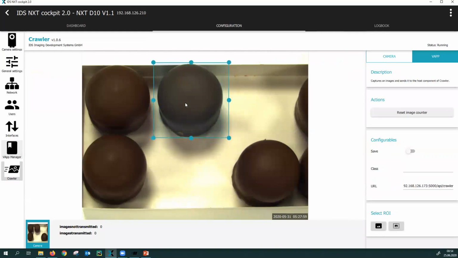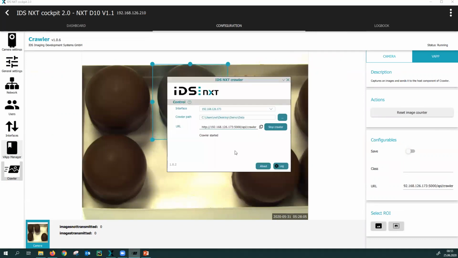Now, we can set an area of interest to acquire this image. In the background, I have already started a local file server that runs on my local machine to manage incoming data. I can connect several camera devices to this file server, and it will manage all incoming data locally.